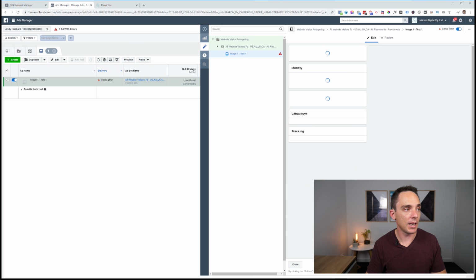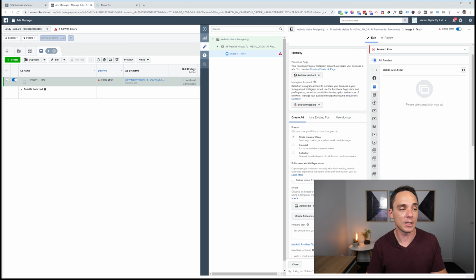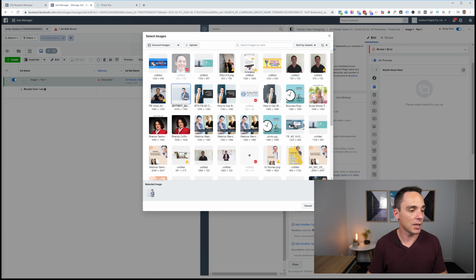All right, navigating down to the ad level now. So again, I just clicked over here on the ad. You can go straight to the ad tab as well. And this is where we're going to set up our ad. So I've chosen my Facebook page. Here, I'm going to choose my Instagram account as well because I'm going to run these ads on Facebook and Instagram. So I'm going to choose an image,